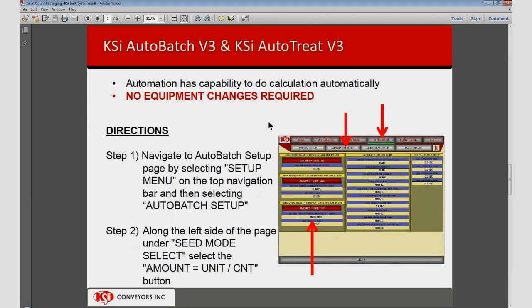KSi AutoBatch version 3 and KSi AutoTreat version 3 systems were delivered for the 2010 seed treating season. In this system, once again, it is assumed the operator has already input seed source information, including seeds per pound information for each of his seed sources on his bin page or tank pages. And if an operator wants to set the system to be able to deliver seed orders